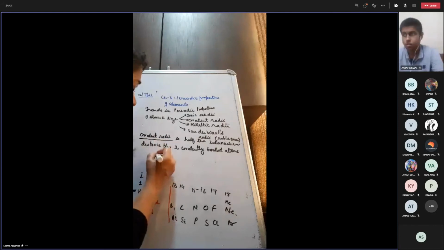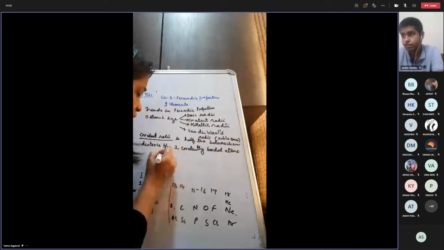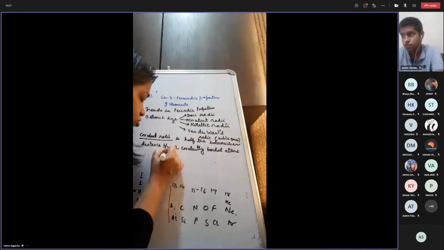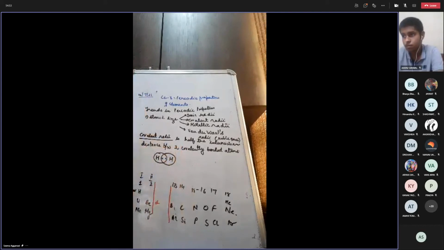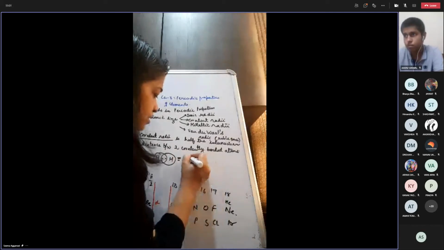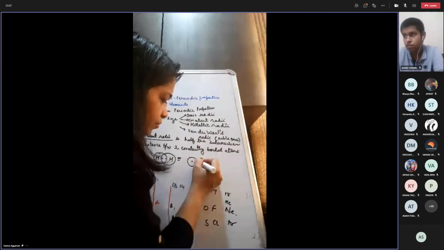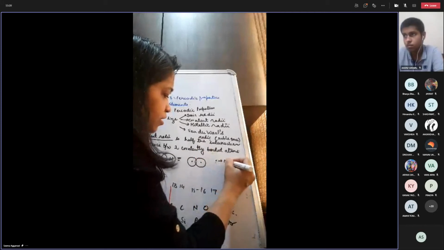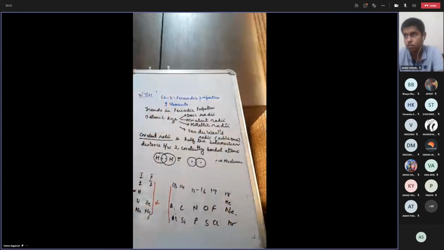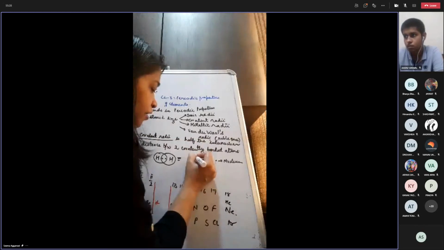Now, if I am taking the case of hydrogen, we all know hydrogen has one electron, and we draw it like this. This is a hydrogen molecule, yes or no? Yes, ma'am. So if I am drawing it this way, this is the nucleus, and this is how I am representing a hydrogen molecule. Dot means nucleus. Now to find the atomic radii, what we are taking is the distance between the two nuclei divided by 2.